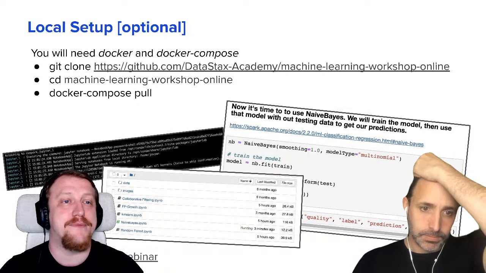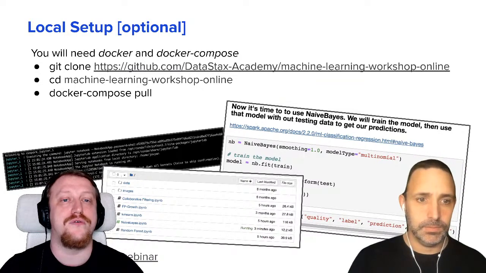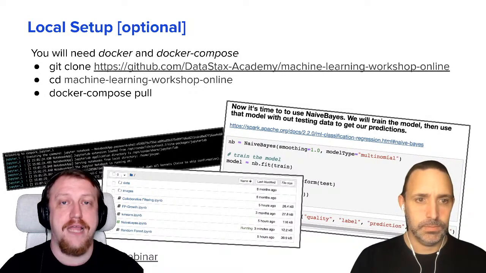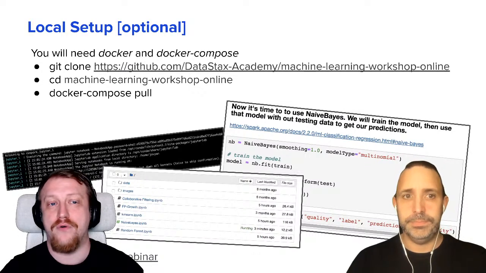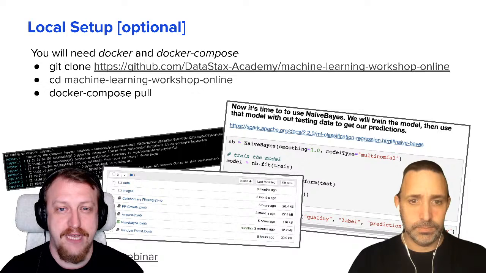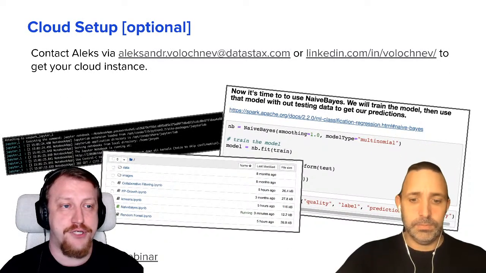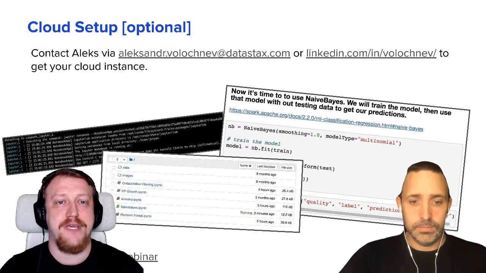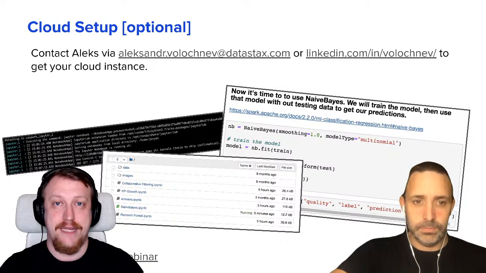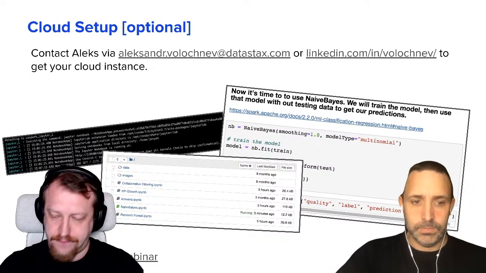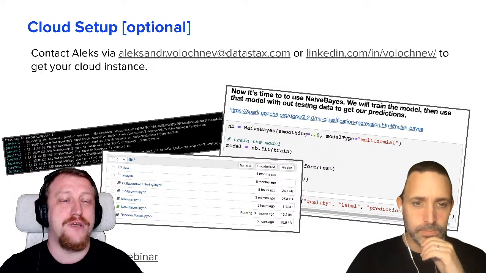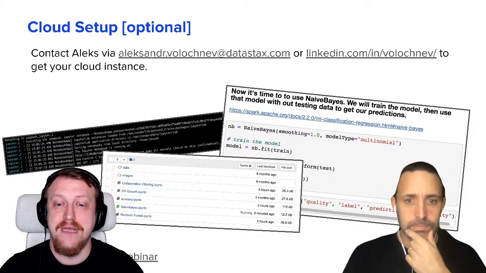If you want to set it up locally, the only thing you will need is Docker and Docker Compose, and well, some CPU cores and memory, of course. And you can clone our repository and just docker-compose pull, docker-compose up, you will have everything. Another option, you can contact me by email or via LinkedIn, also works. And I will spawn a cloud instance for you. It will be the same, basically. So,